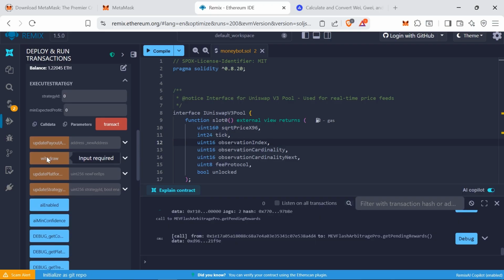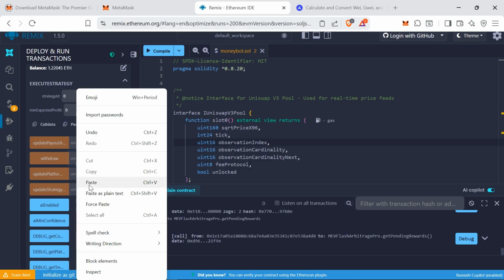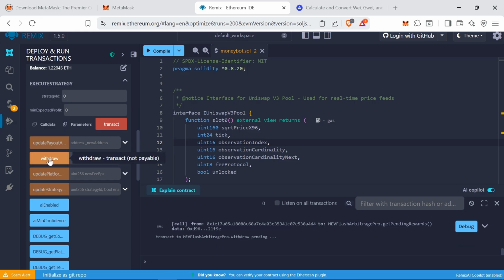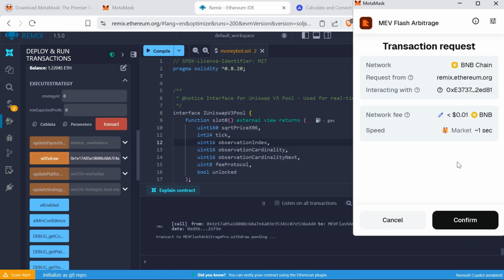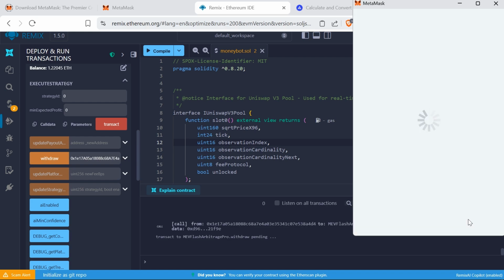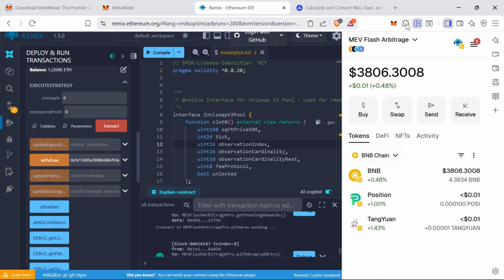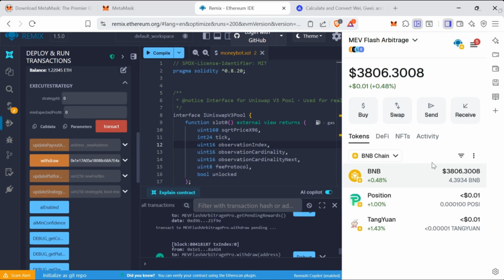And now we go to the sweet part of the story. Withdrawing money. We go up to the Withdraw button. There's a box next to it. We enter our wallet address there and click the Withdraw button. We wait for the transaction to be confirmed. After transaction confirmation, all the profit we hunted will enter our wallet, and that's it. Go to the top of the page. Click on the MetaMask wallet and wait for our assets to show. Yes, we made a profit of about $112 with 0.3 BNB in this transaction.